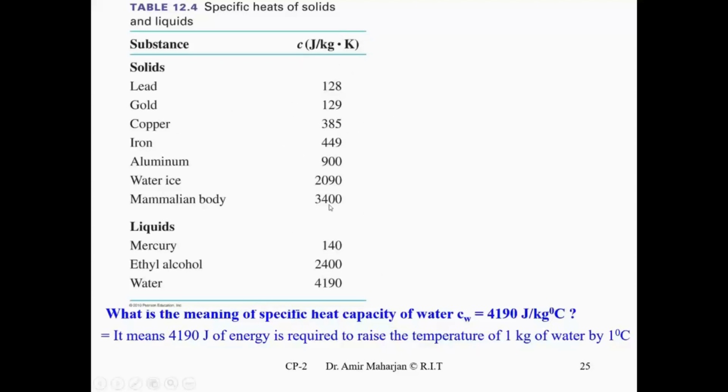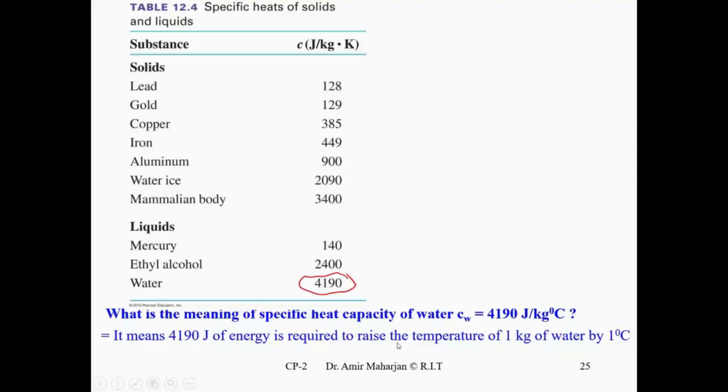So some substances are really big, some substances are really small. Water, in this list, has got the highest specific heat capacity, which is almost 4200 joules per kilogram per degree Celsius. So what's the meaning of a specific heat capacity of water of 4190 joules per kilogram per degree Celsius? It means you need almost 4200 joules of energy